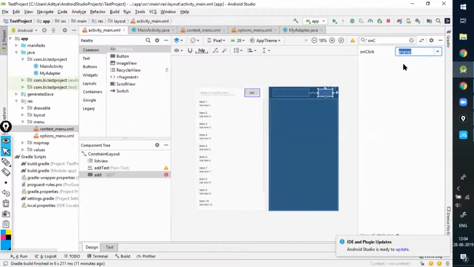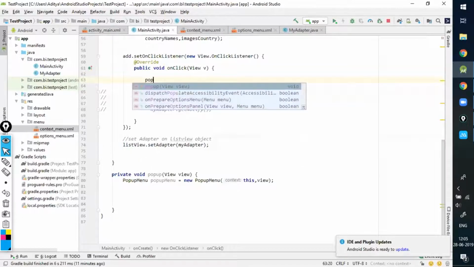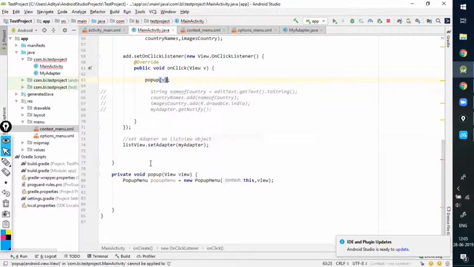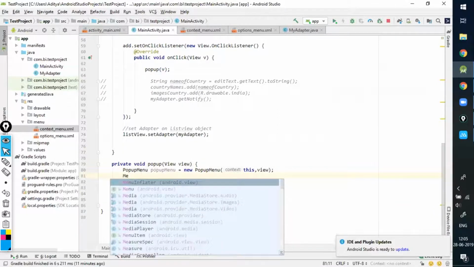Achha, this is also a method, guys, using which you can implement the onClick method. So I'm not showing you this right now. Let's move to MainActivity only, and here we'll just make a call to popup. So we have created a function called popup, and inside this popup function we are passing v. V is the view object of the button which is being clicked by the user. So I've called PopupMenu popupMenu equals new PopupMenu, and I'm just passing the context, this, comma, view. That's it.